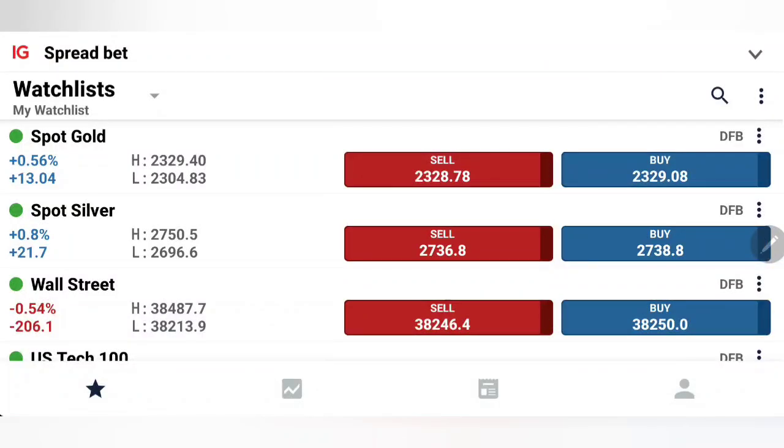Gold and silver, after the initial drop earlier in the day, have continued to trade with a moderate bullish bias, and now we have seen gold moving towards 2330 while silver has already seen 2750 levels. The resistance levels which we have discussed are proving difficult for both the metals to break past. So now what to expect, how to profit today trading gold and silver, we will see with the help